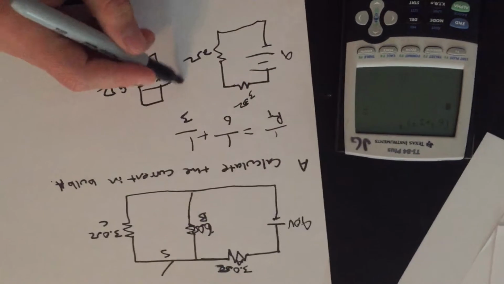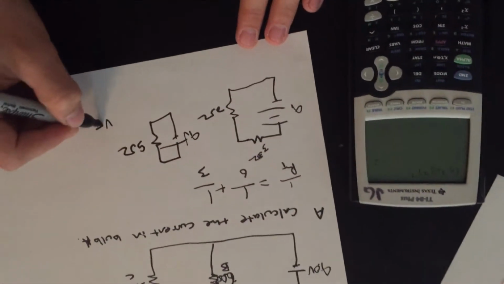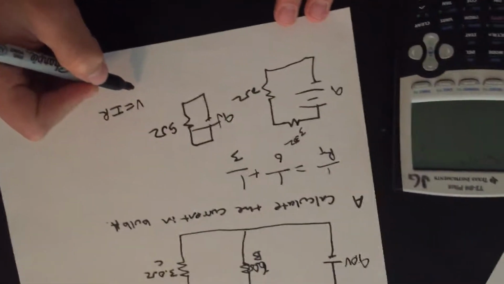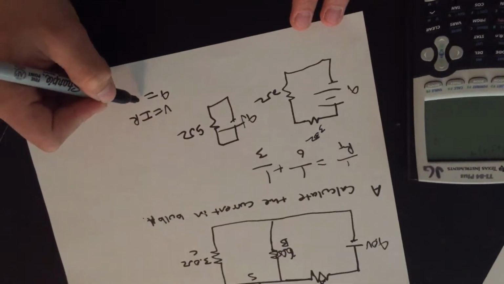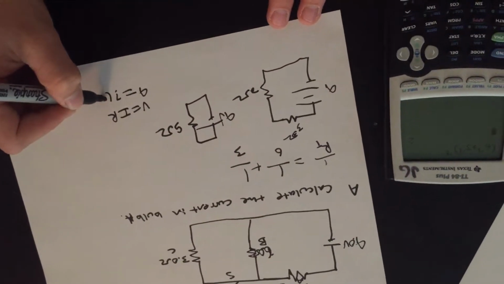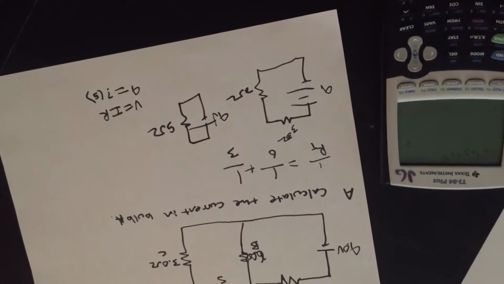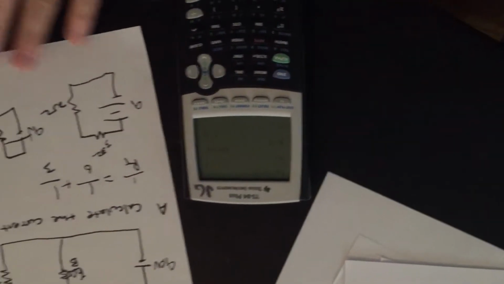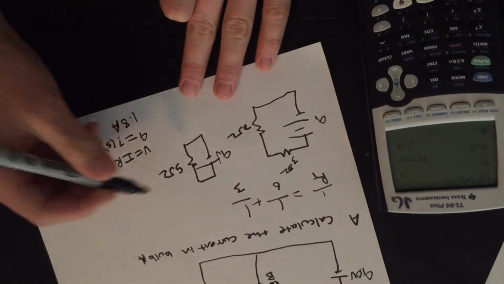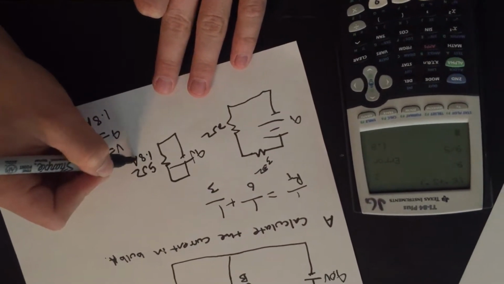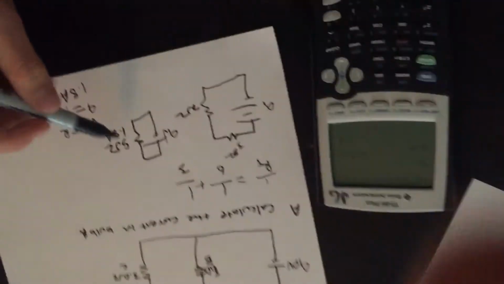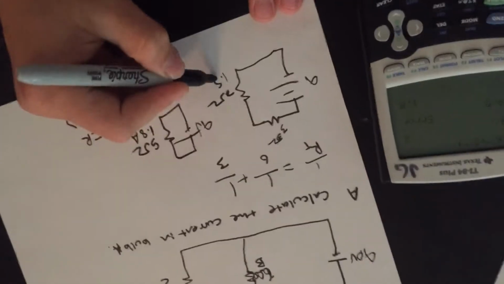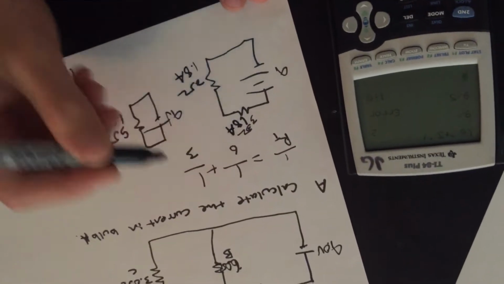And once you calculate, this is 9 volts, and if you use V equals IR, you can use for this resistor right here, the voltage, which is 9, equals the question mark times 5. So you're just going to do 9 divided by 5, which is going to be 1.8 amps. So because in a series current is the same throughout, this is going to be 1.8 amps, this is going to be 1.8 amps, and so you're going to